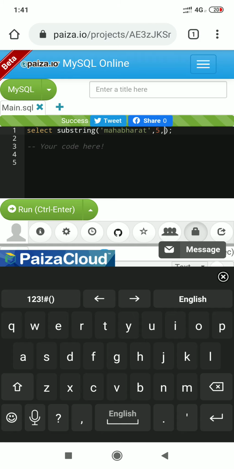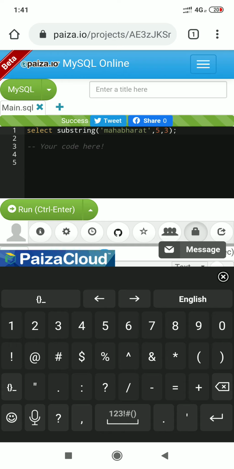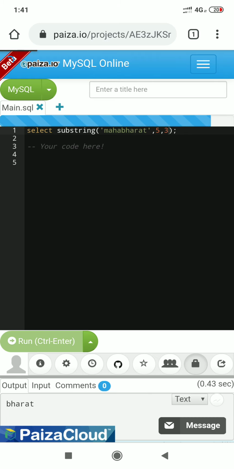Now I mention here one additional argument, that is 3. So its meaning is starting from 5th position and return only 3 characters. Okay, BHA is the output as required.